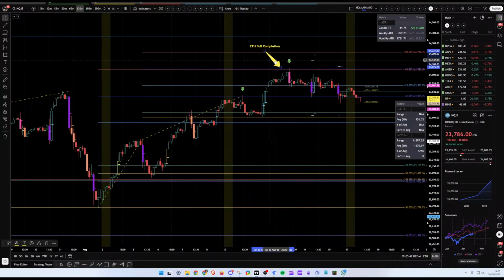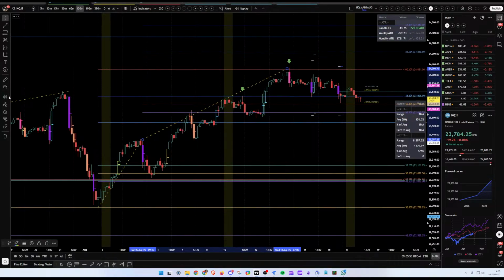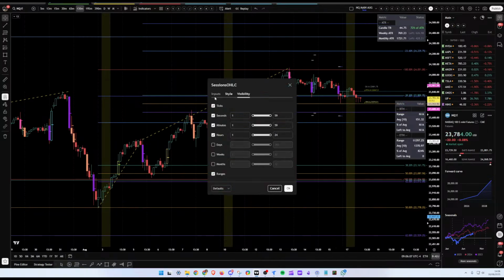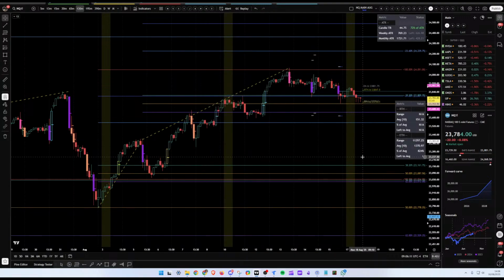Going into today, what I will look for is, I drew both of these anchors here just to show you where they are. This is the high, this is the completion. You can draw the same anchor at the new high as a potential support area, and that obviously is where we currently are, and that's where we were on Friday. So we bounced there on Friday, and we are pretty much back down to there today.